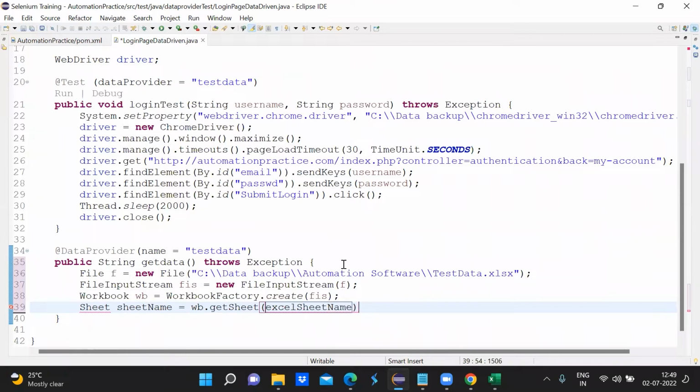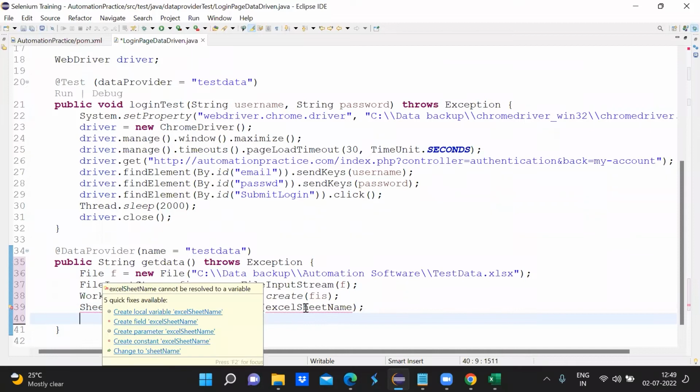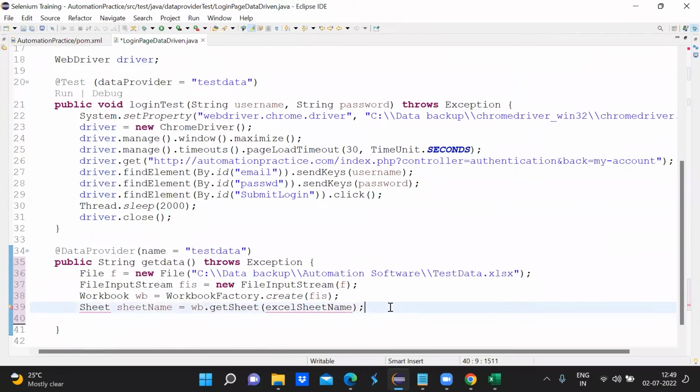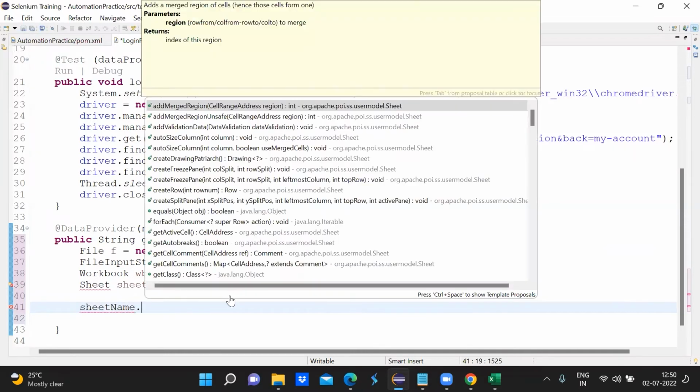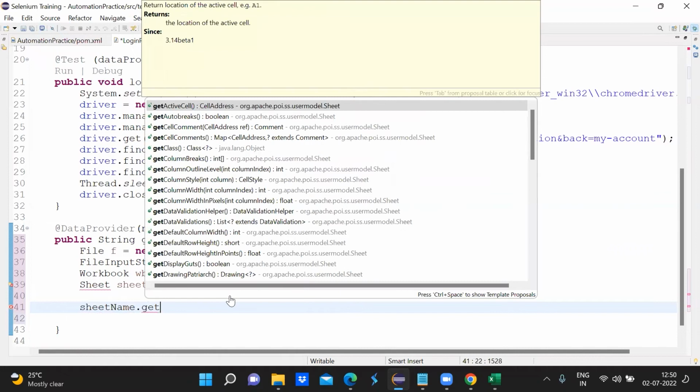Okay, and then the Excel sheet name is here. Then once I reach the sheet, I will get the number of rows and number of columns. This is giving you an error because I don't have the sheet name, so I'll pass the sheet name in a while. So sheet name dot get rows,